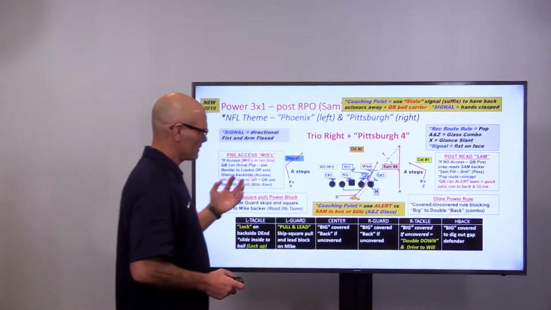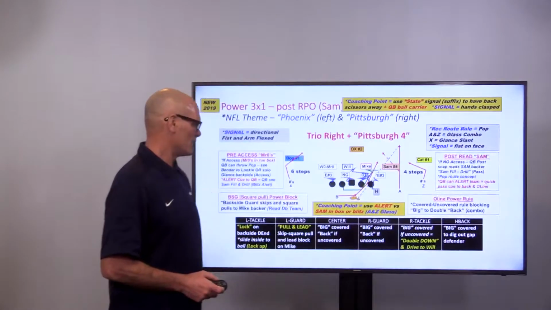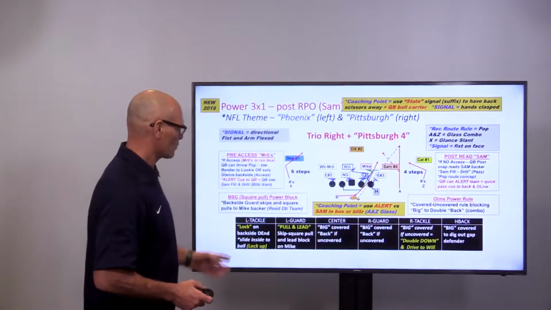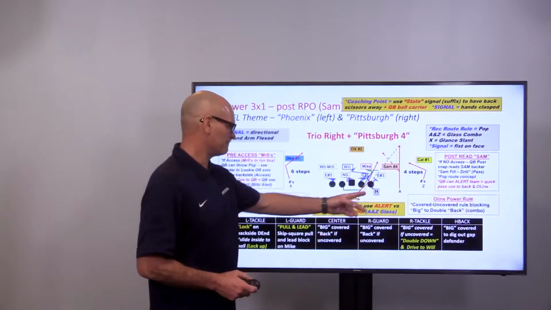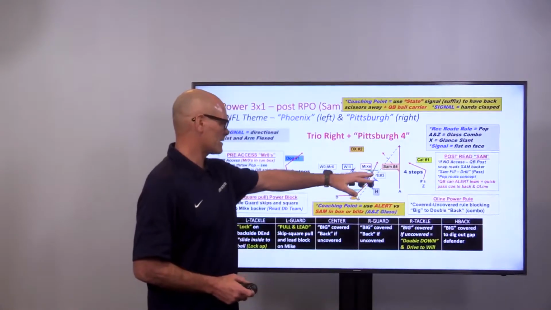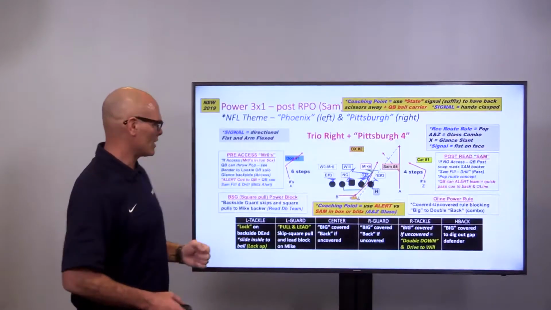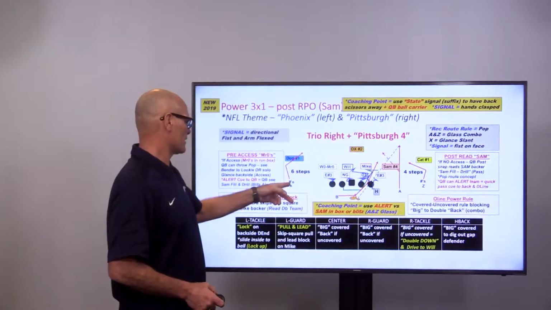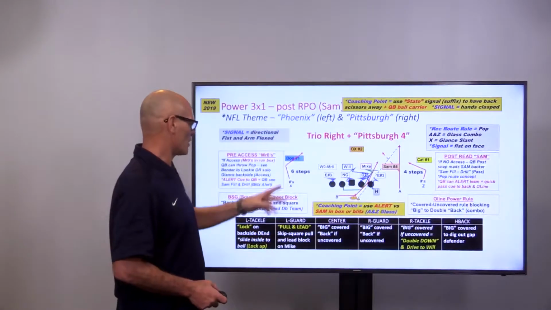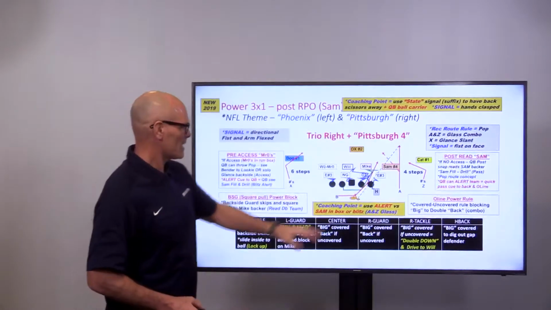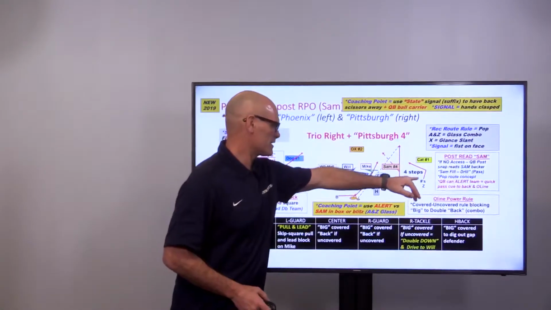Again, you can see here, if we go 3 by 1, nothing changes for anyone. We just move the H over with the set. We're still going to read the SAM backer. Blocking is all the same. And then the routes for the pop are all locked into those receivers too. The X is still going to run what we call the glance or the skinny slant. And then we're going to get the A with the bend to read and the Z with the flat slant